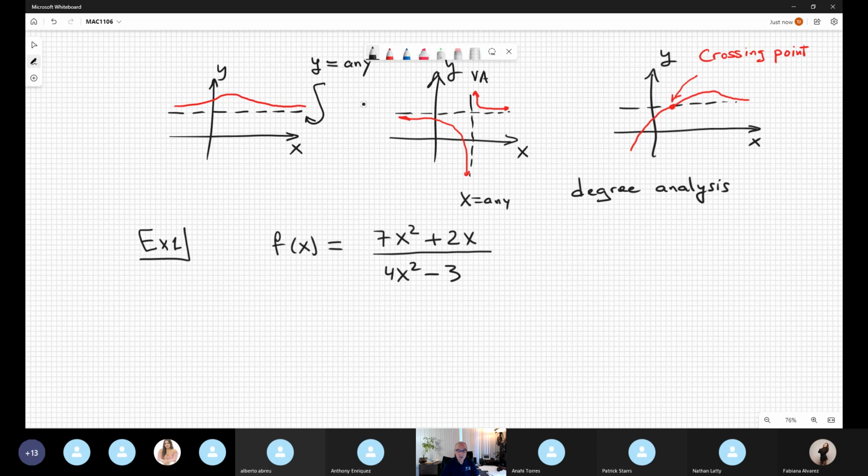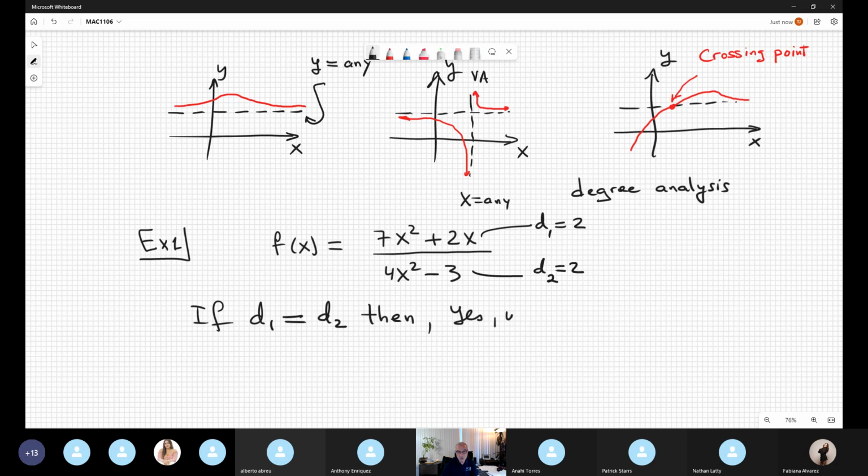What is the degree of the polynomial at the top? It is 2, because of the higher exponent. What is the degree of the polynomial at the bottom? It is 2. When this situation happens, it's the regular situation. If the degree on the top is equal, the same degree as the bottom, degree 2, the conclusion is,